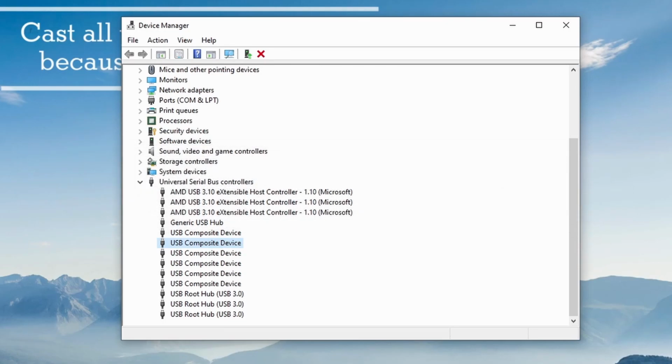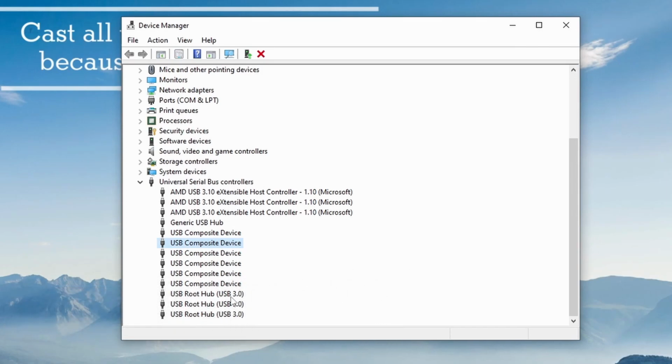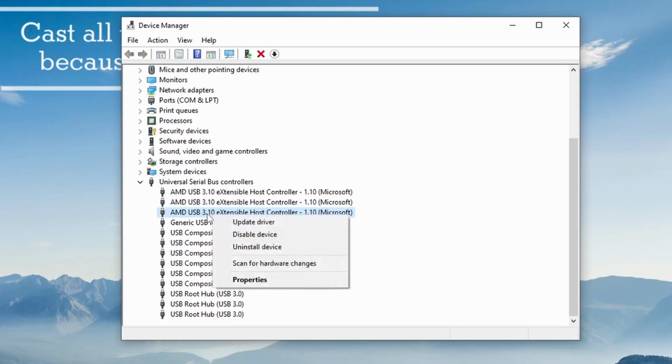Now for method 5, if this doesn't work, we need to reinstall USB controllers. So in some cases, reinstalling the USB controllers can help. So step 1 is to open the device manager again, and then what you can do is right click on it, for example here, and click on uninstall device, and then restart your computer,